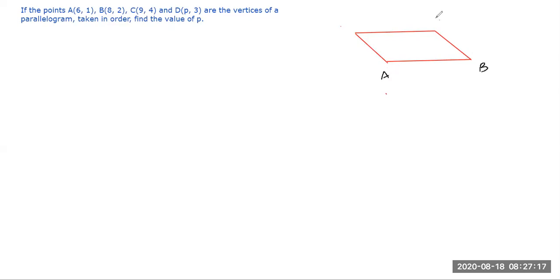Now, students, it's a property of a parallelogram that its diagonals intersect each other. Am I right? They also bisect each other. Now, if I draw the diagonals of this parallelogram, students, you will agree with me that this point O is the common point. Am I right? Point O lies on both the diagonals. Am I right, students?